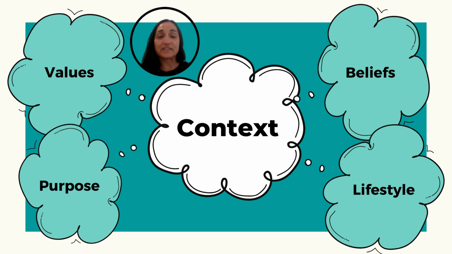The first step in the literary analysis process is to consider influential elements of the author's context. Context refers to features of the author's personal, social, historical, literary, philosophical, political, and cultural background that played a role in shaping their writing. Having a strong understanding of a writer's context will provide you with an insight into their values, beliefs, their lifestyle, and their purpose, which will influence their compositional choices.